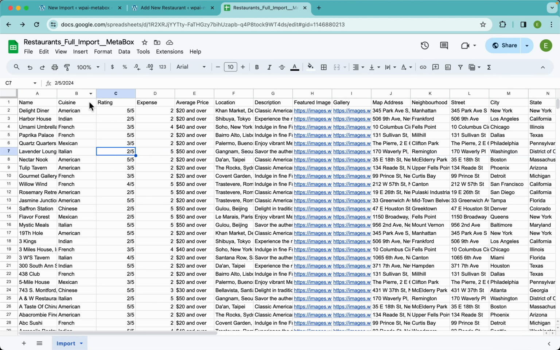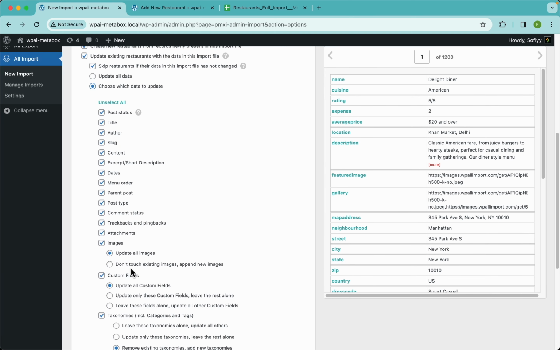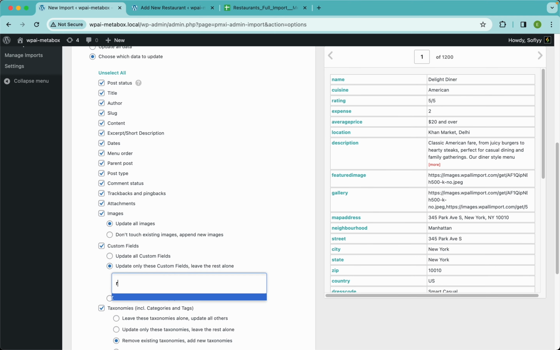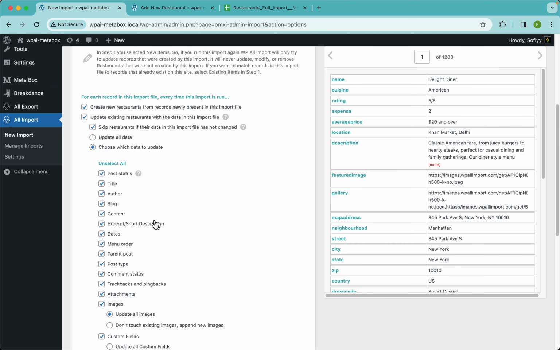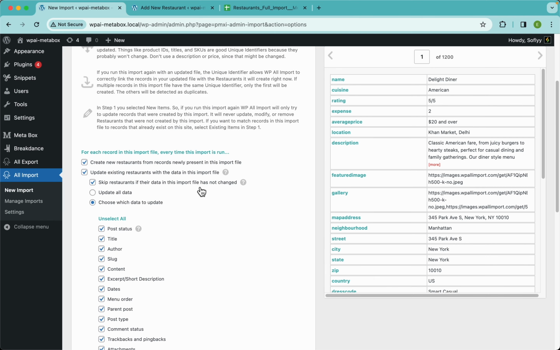For example, say this restaurant changed the rating and now they are better, right? Now they have a 4 out of 5 rating, so they improved and you need to run this import again. Well, maybe you want to update all of this data, but also maybe you only want to update the rating field, right? So you look here for the rating field and update only that, but not anything else, right? So you do it like this. So guys, you can read this, you can hover on the question mark and you will know a lot more